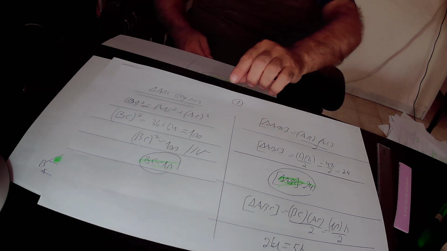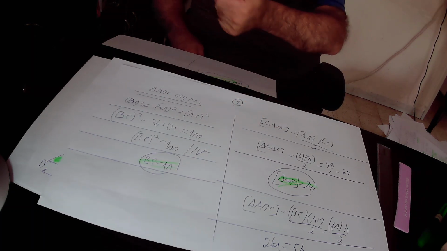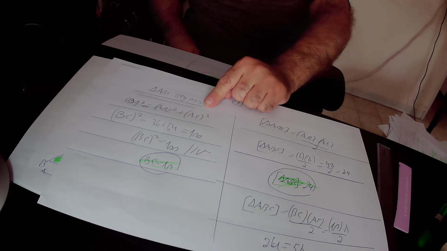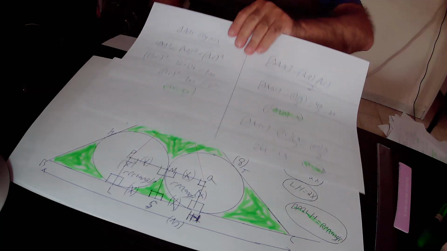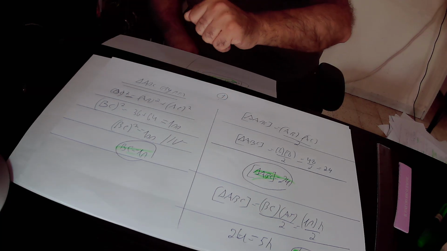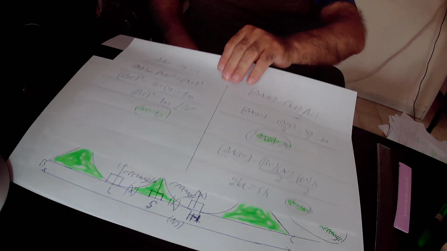In the right triangle ABC, here is the provision for the Pythagoras theorem. According to the Pythagoras theorem, in the right triangle ABC, BC squared, that is the square of the hypotenuse, equals AB squared plus AC squared. BC is the missing hypotenuse, so BC squared equals AB squared